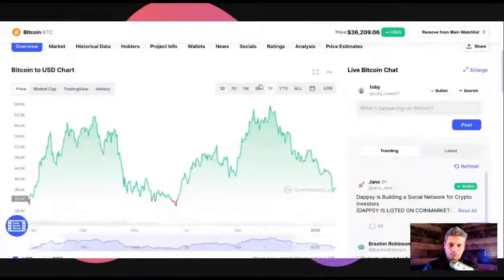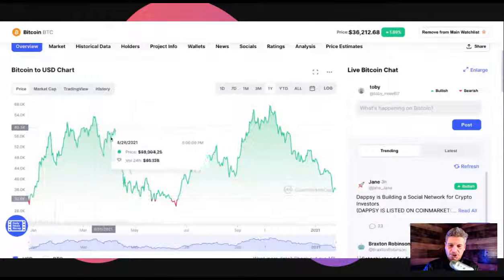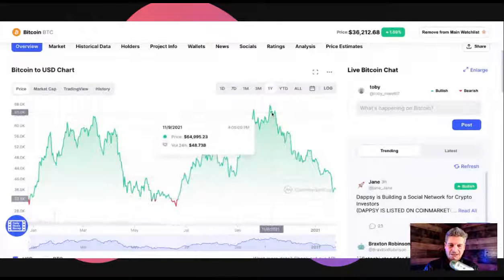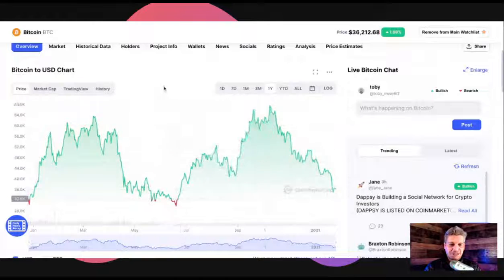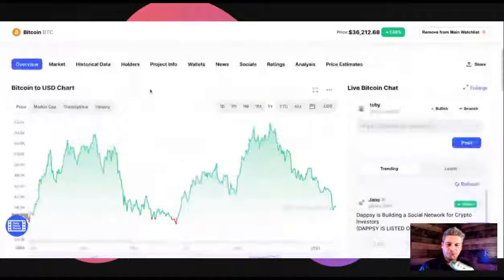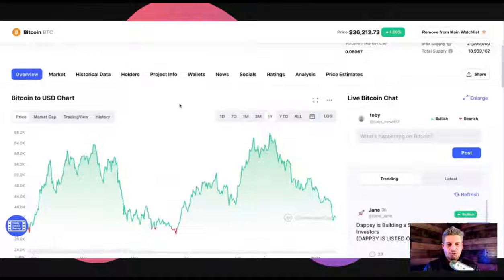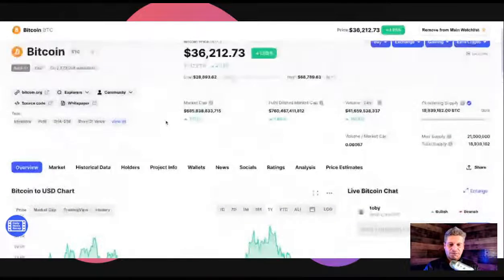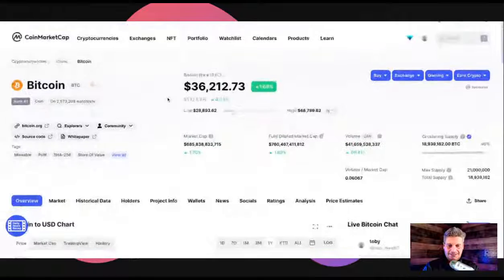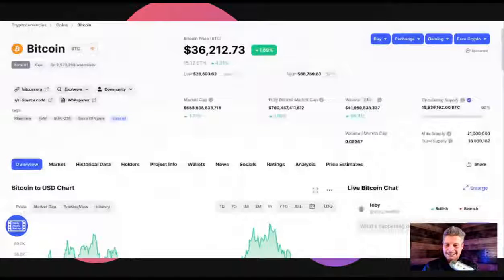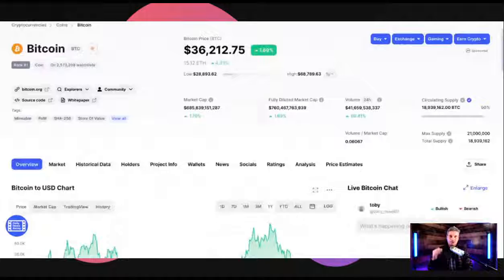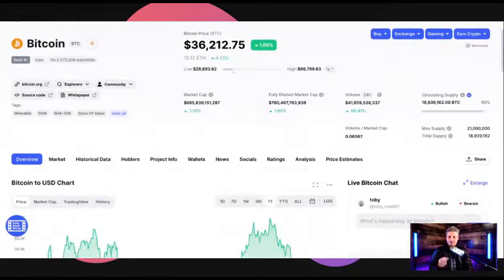Then you can see the chart here. If you go to the 1 year, you can see it in chart form as to what has happened. Again, these don't need to mean anything to you. You can mess around with them. You can have fun with them. If you're new, they'll be confusing at times, but it is good to at least start getting familiar, because it's not that charts are bad. Don't hear me saying that. It's just that I'm not the chart expert, and I don't believe that they can truly predict the future, just as we've seen even in this last downturn. Most people did not see, even the high level TA chart looking people did not see this drop coming.